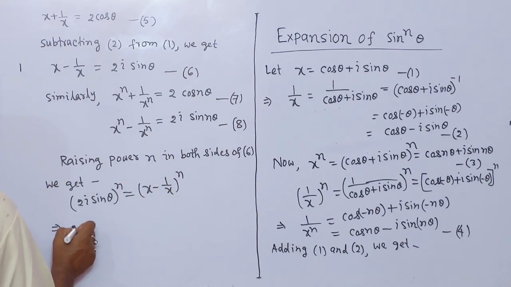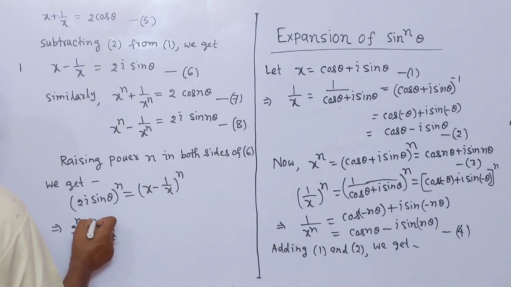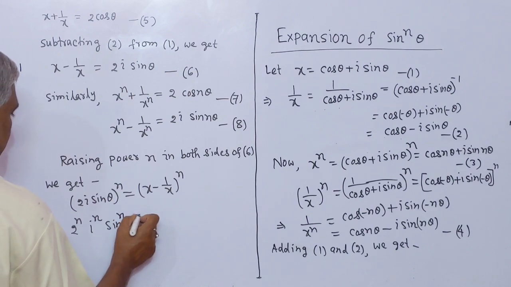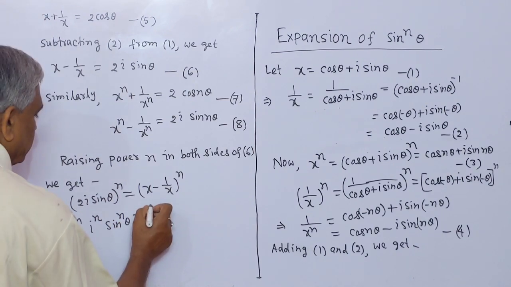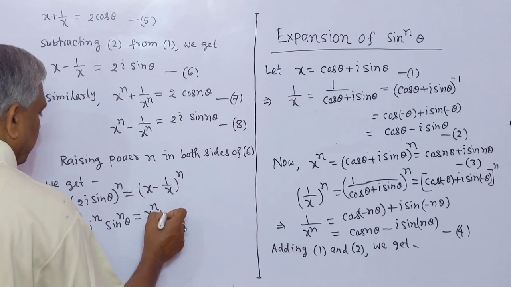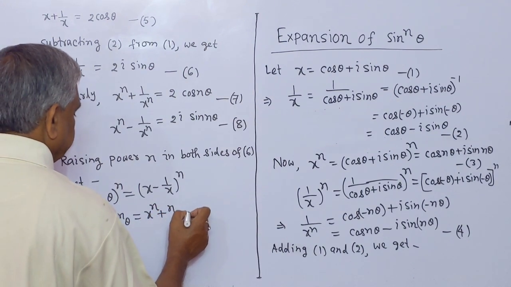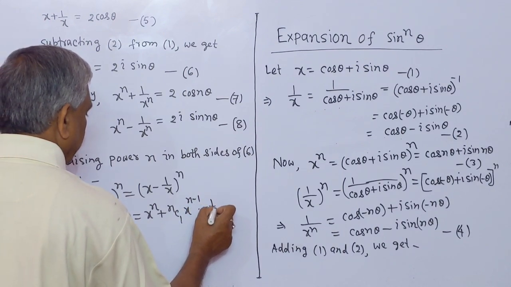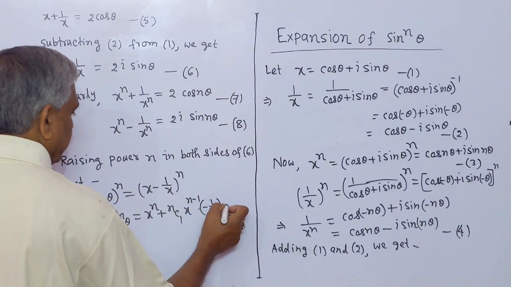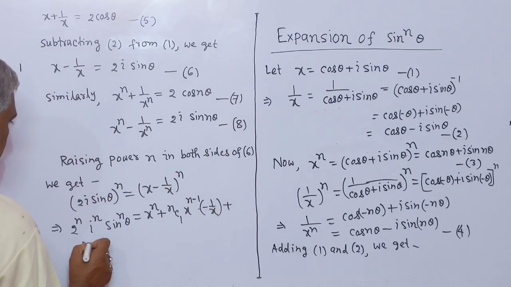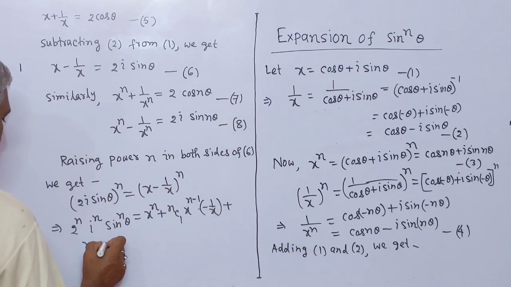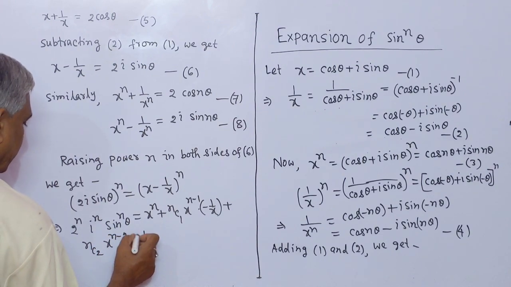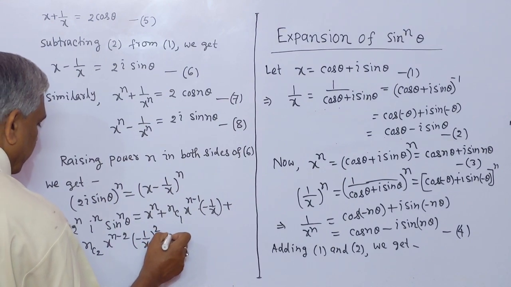Implies that 2 to the power n i to the power n sin to the power n theta, and this equal to x to the power n plus nC1 x to the power n minus 1 multiply minus 1 by x, plus nC2 x to the power n minus 2 minus 1 by x square, plus dot dot dot